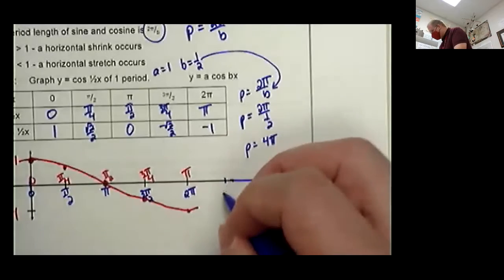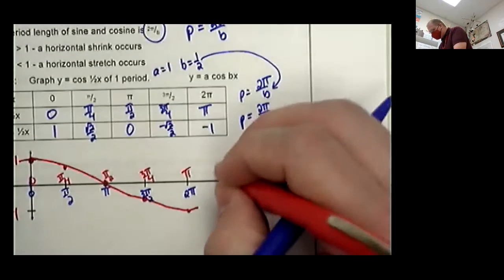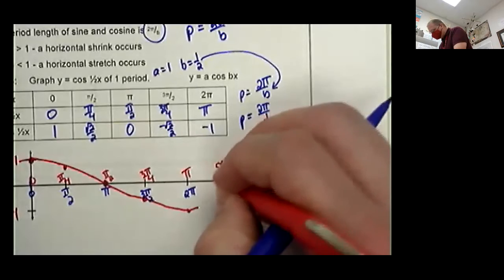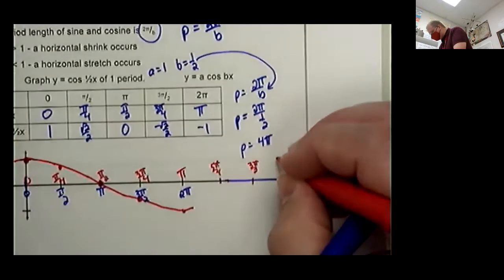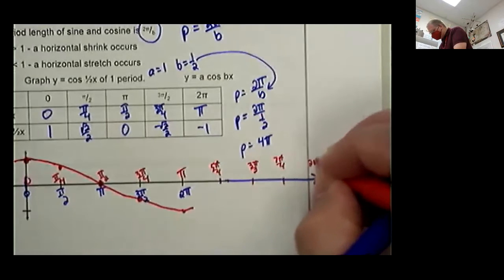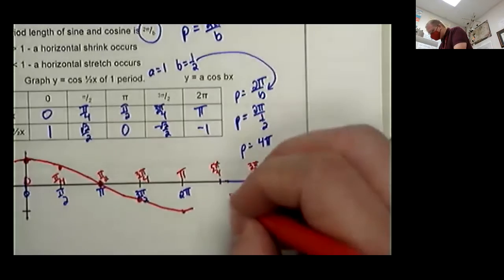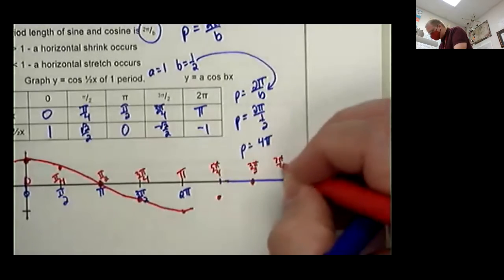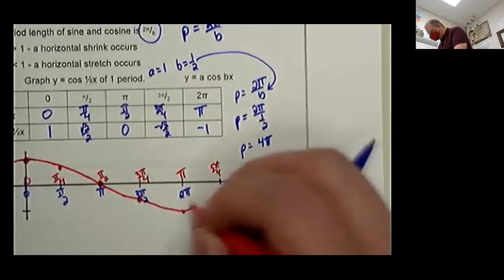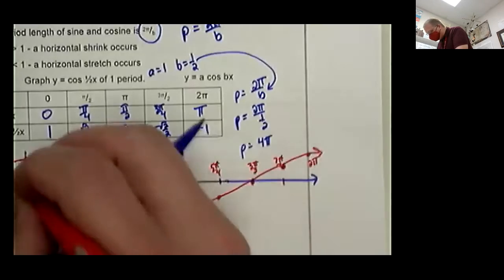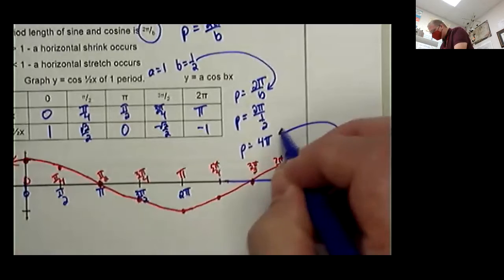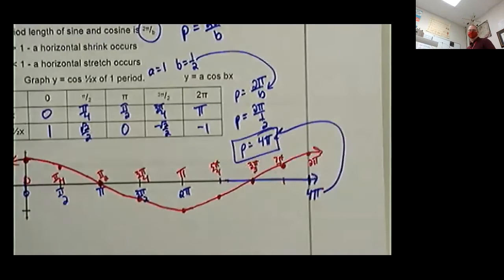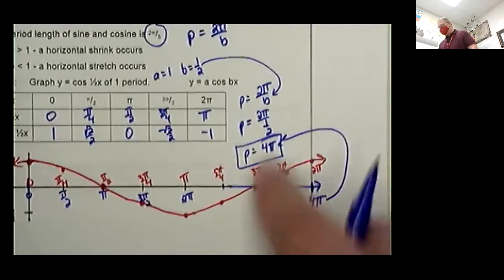We're going to continue this at 5 pi fourths, 3 pi halves, 7 pi fourths, and 2 pi. To finish our graph, that would be negative root 2 over 2, 0, root 2 over 2, and 1. So that finishes our graph. But notice that was our altered angles. Our actual angle where we finished is 4 pi, and that was the number we got from doing the period. So as we're doing our graphs, we're actually going to use this value to figure out our points